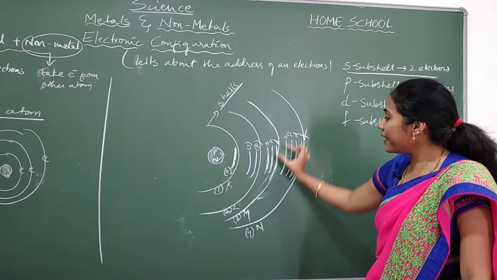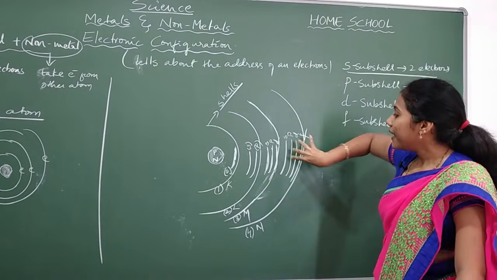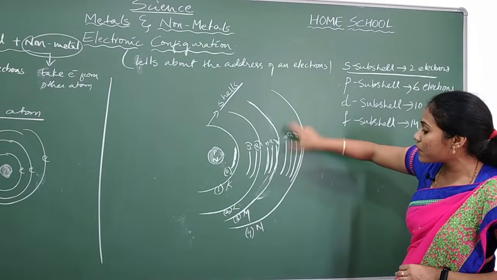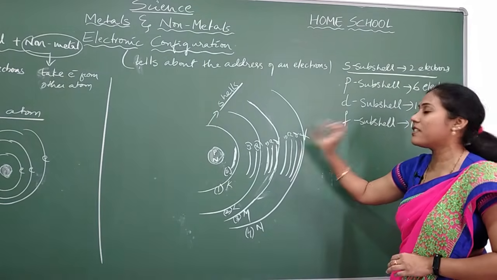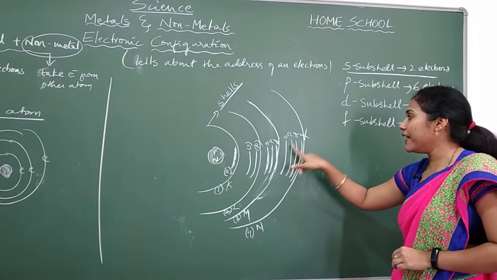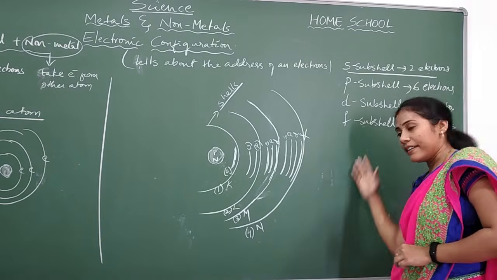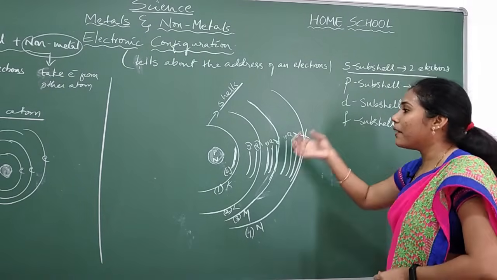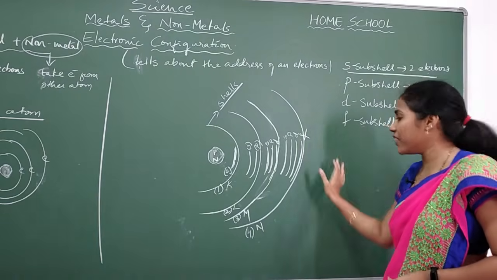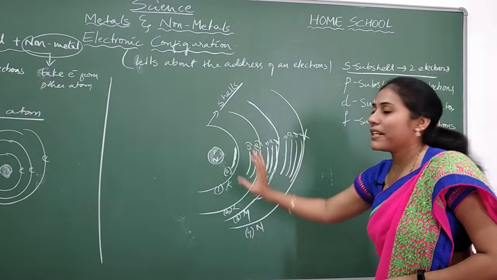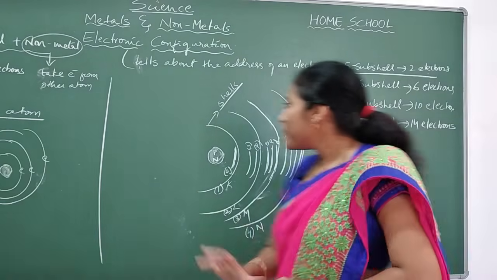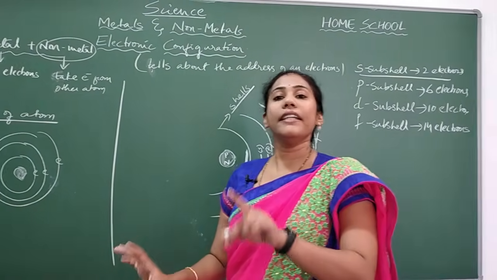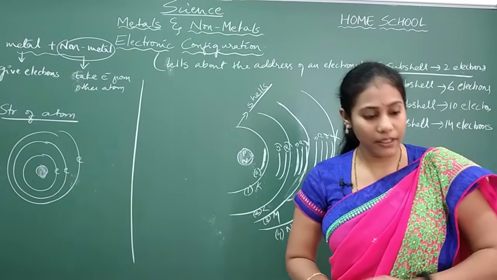After this complete shell is filled up, if still more electrons are there, then electrons will go to the N main shell, first subshell, that is S. This gets filled, later P, later D, later F, and later the next main shell, and it goes on. Anyway, for our periodic table, to write the electronic configuration, these many shells and subshells are enough to remember. So keeping this point in mind, let us try to write the electronic configuration of elements.